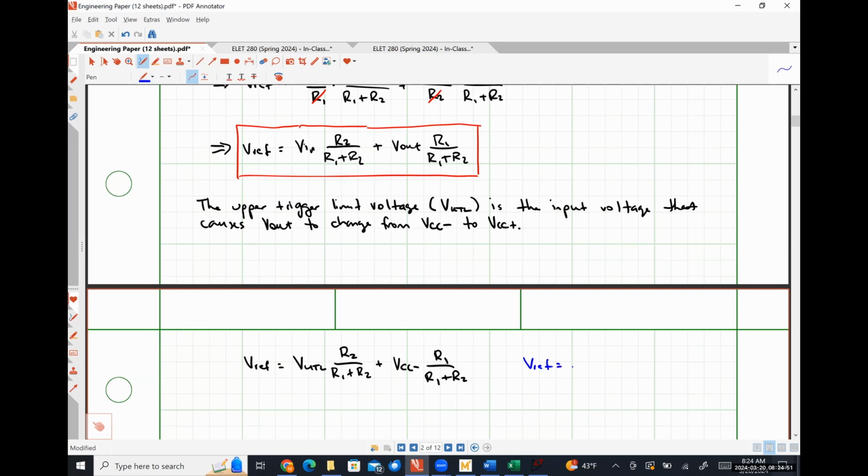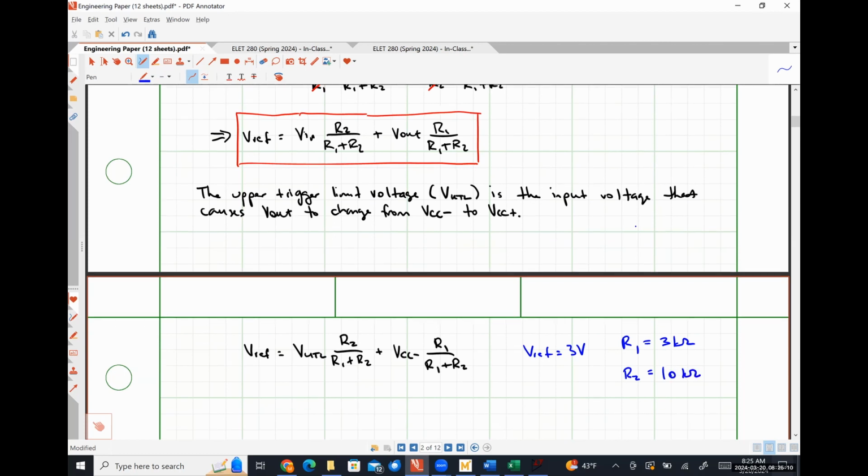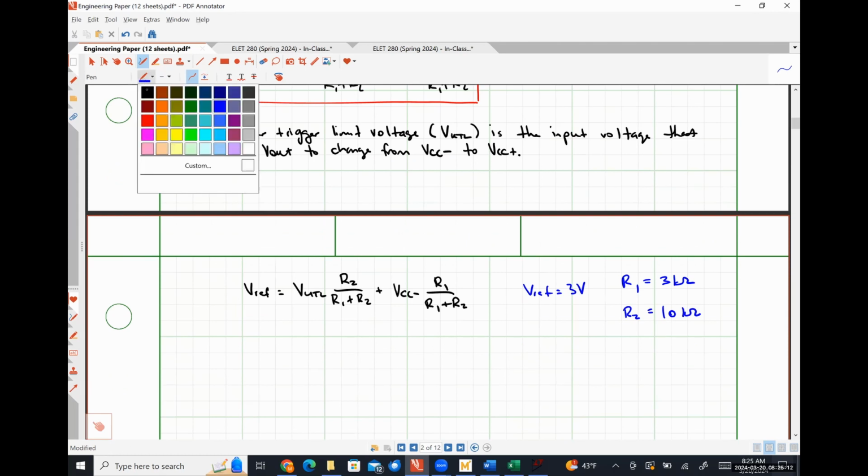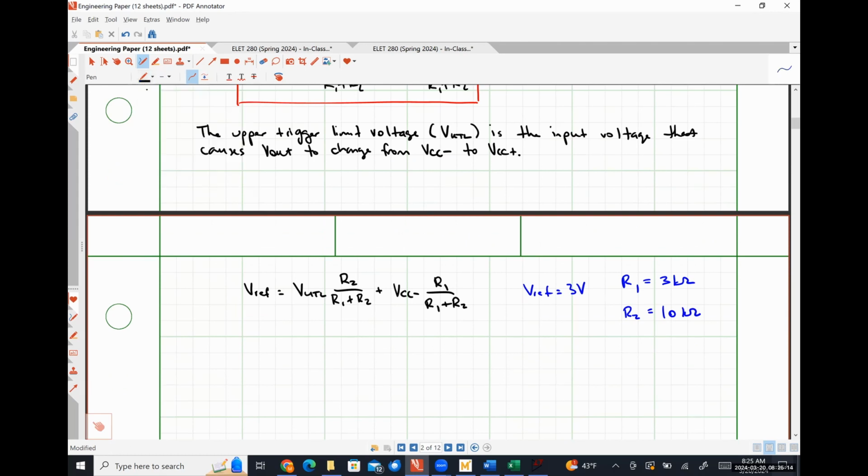So VREF, 3 volts, R1, 3 kiloohms, R2 is 10 kiloohms. So if we were to plug in these numbers, we could solve for our upper trigger limit voltage,